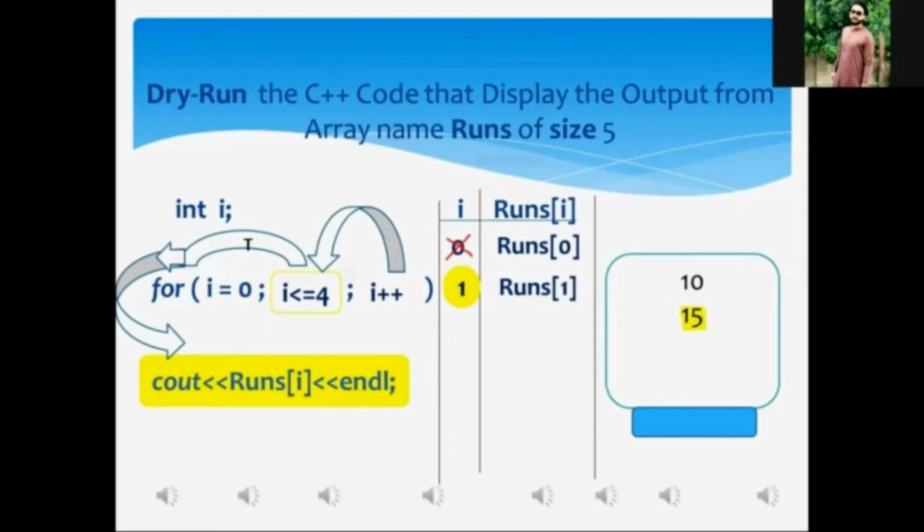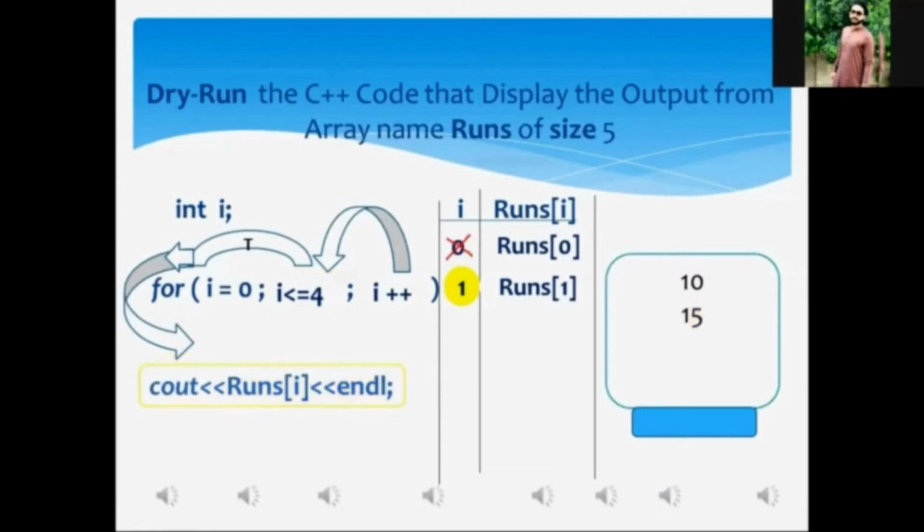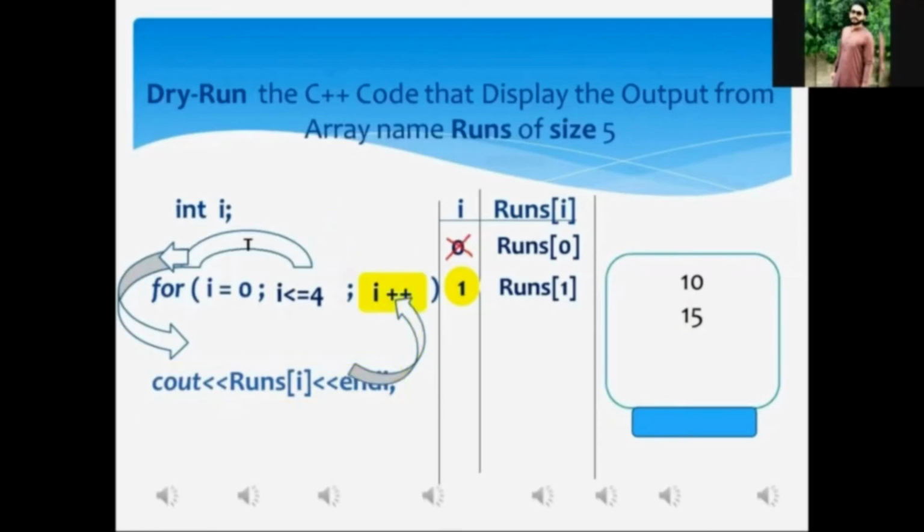Mr. Aftab, after the execution of the for loop associated statement, the control of execution will be shifted to the increment statement. Did you get it, Mr. Aftab? Yes, sir. When this increment statement, that is I++, is executed, it means we add 1 to I. What will I's current value become? 2.